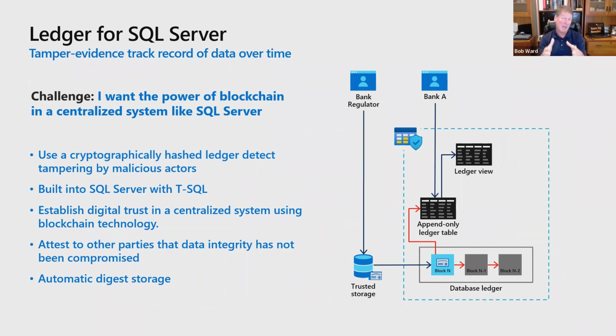You still have the power of the database ledger, but for example, Buck Woody, if I gave him DB access, I probably would never really do that, Ajay. But if I did, and he came in and tried to update and fake out a row in the table, he wouldn't be allowed to because it's append-only. But I still have this verification process involved here to help me compare data. This is why we call it the power of blockchain and a centralized system.